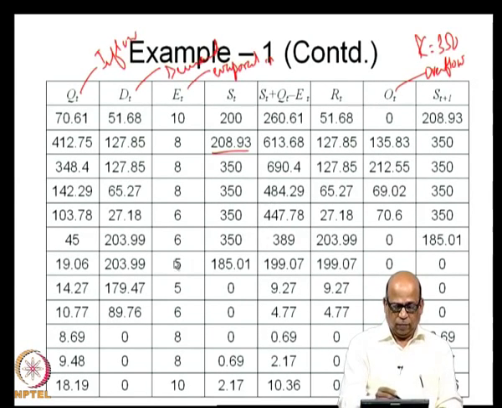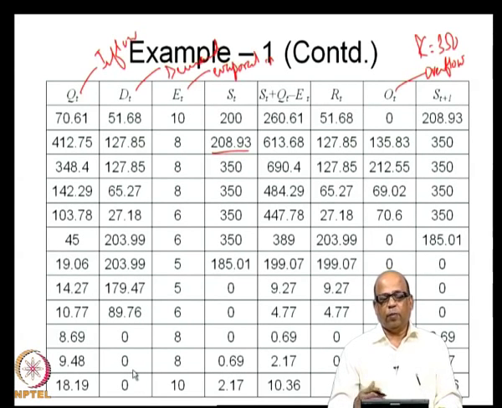For example, if you had stored some amount of water, you could have met more demand here in these periods. That means, what I mean is, by sacrificing on meeting demands at certain locations, certain time periods when you had huge amount of water, you would have stored more amount of water and increased the storage, so that that storage will be available for the next time periods. But in standard operating policy this cannot be done, and therefore, in the standard operating policy you simply keep looking only at that particular time period and then meet the demand to the best extent possible.